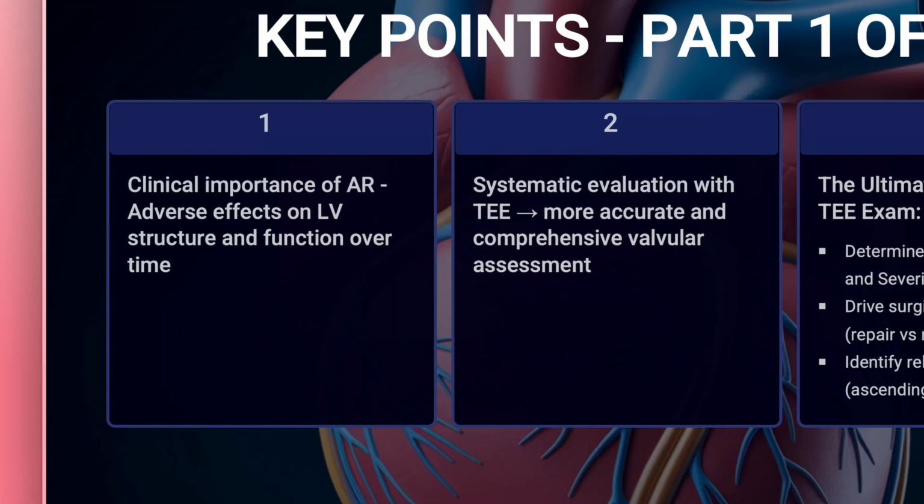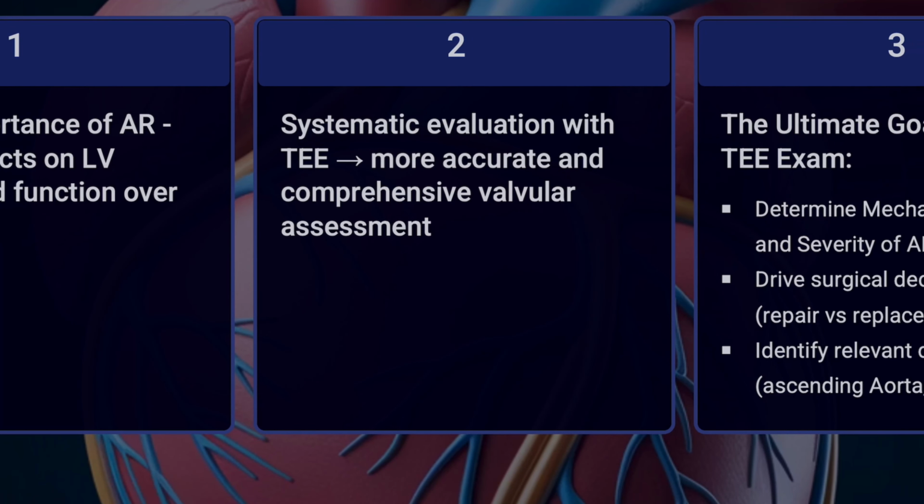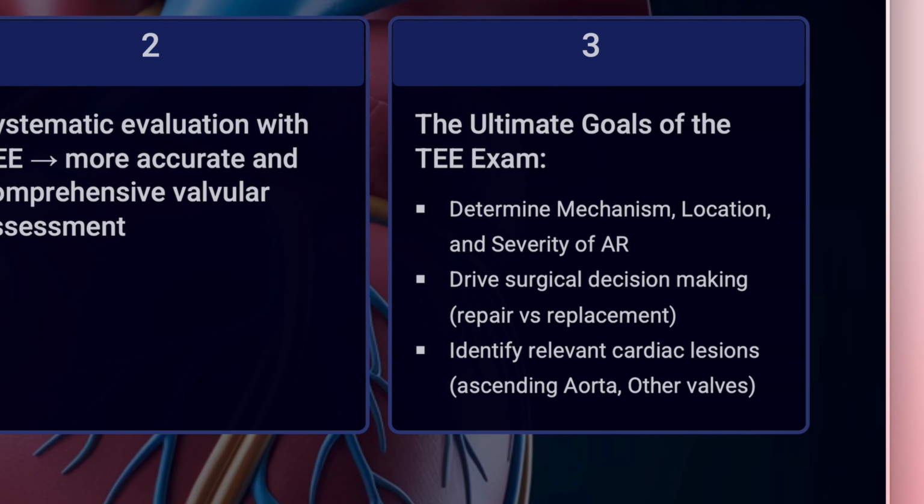The clinical importance of aortic regurgitation matters a lot because of the adverse effects on the left ventricle structure and function over time. A systematic evaluation using transesophageal echocardiography leads to more accurate and more comprehensive valvular assessment. And finally, you always want to remember your ultimate big picture goals of your TEE exams you perform as a clinician who can serve to determine the mechanism, location, and severity of the aortic regurgitation by the end of your exam. Doing this properly will help drive surgical decision making, such as the repair versus replacement decision making,